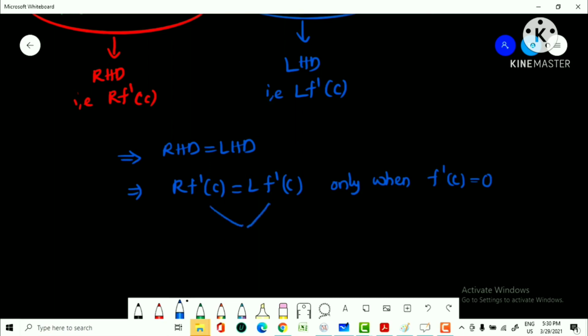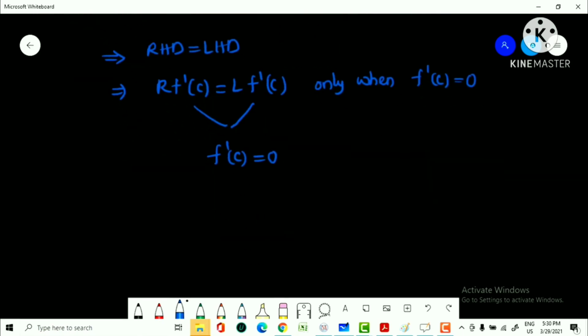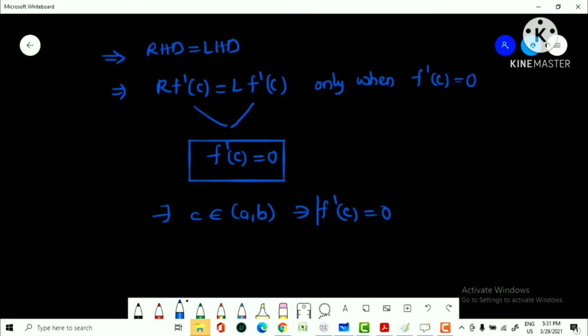So by both of this I can write f dash of c is equal to 0. So with this we can conclude that there exists a point c belonging to a comma b such that f dash of c is equal to 0. Hence the